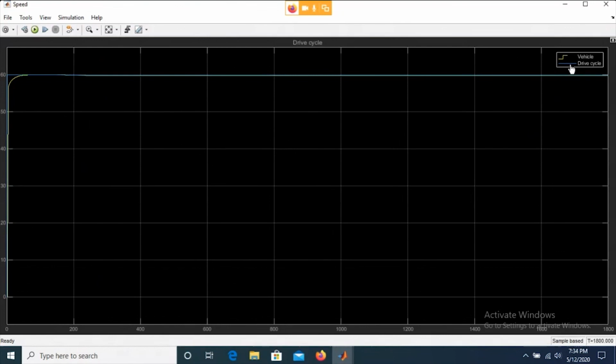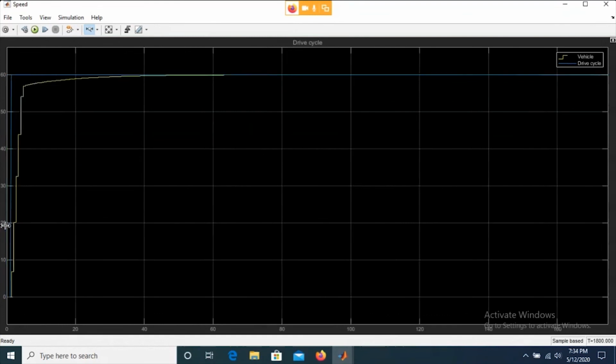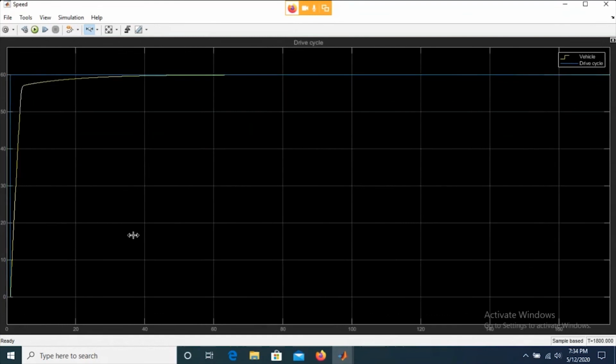Now there is something happening over here when we have suddenly set the reference to 60 kilometers per hour, right? So when we do so, we end up needing a finite acceleration period, right? The acceleration period cannot be very, very small. It has to be some value.